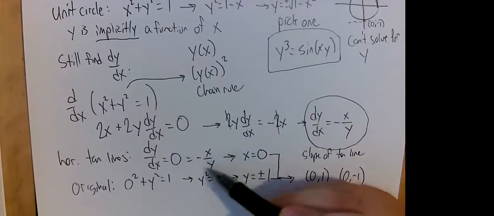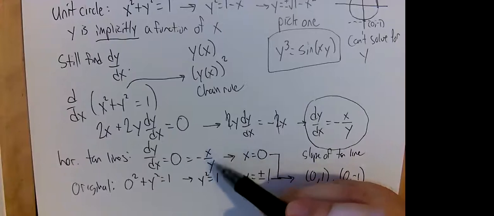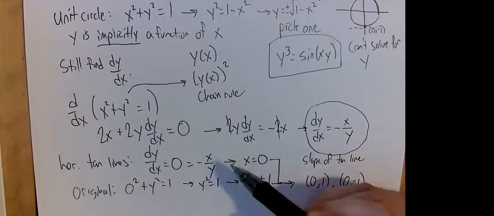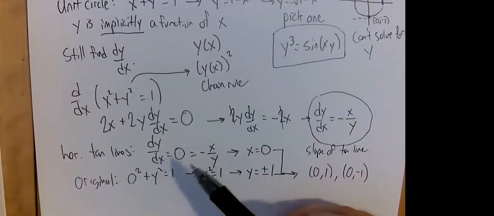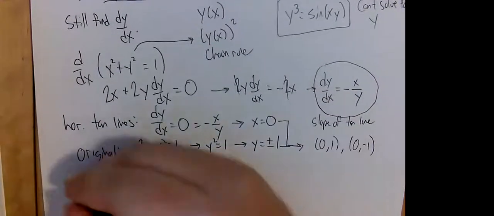And note that sometimes this can result in more complicated equations where we have y's and x's mixed together. So you may have to deal with that, but this is how we find those horizontal tangent lines. Now we can also find